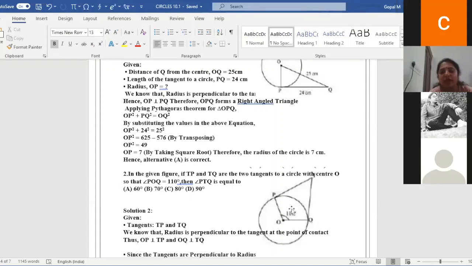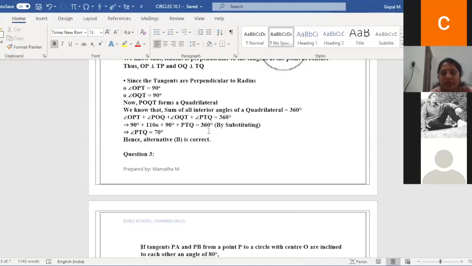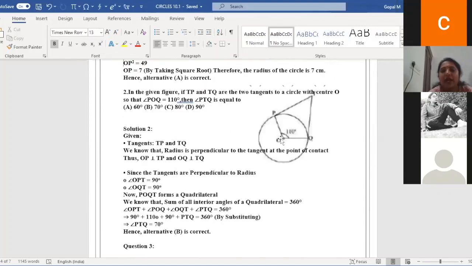Anyone have doubt in this point? Yes, ma'am. If you apply angle sum property, angle POQ value we got 110, angle OPT is 90, angle OQT is also 90. 90 plus 90 plus 110 is 290. 360 minus 290 is 70 degree. 110 plus 90 is 200, 200 plus 90 is 290, 360 minus 290 is 70. So one thing you observe, here in this point of contact outside and this inside angle, see